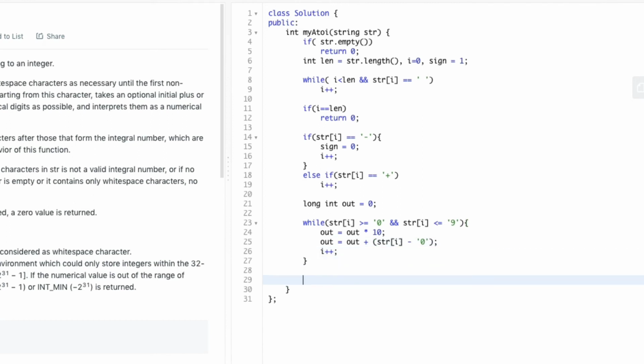So after finishing the while loop, we check whether a numerical value was negative or not. For that we can use sign variable. If a value is negative, then we multiply out by -1.